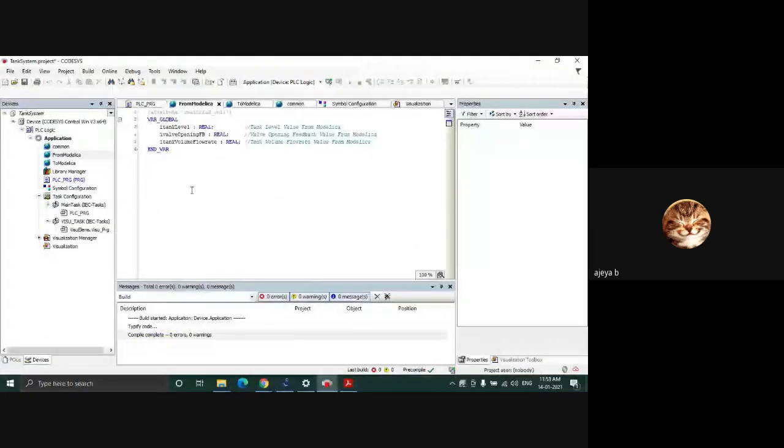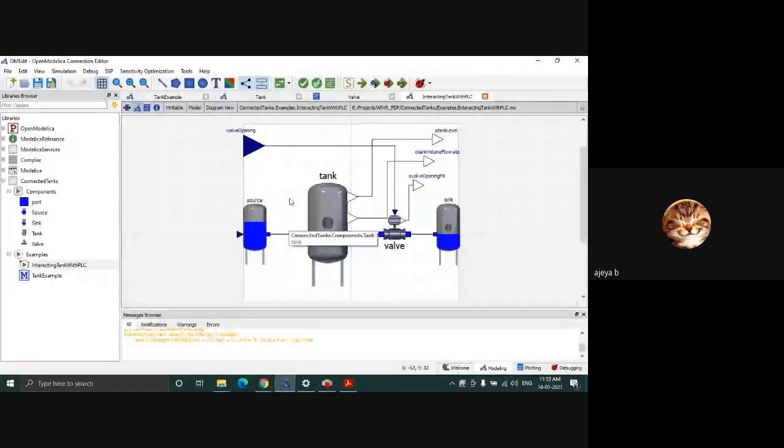I explained that the variable names should be given such that they are consistent in both places, and it is clear to the script from which variable to which variable it has to transfer the data, so how to map. That's where we put I and O as the first character of the variable name, so that the script can map it easily: which is input and which is output for the corresponding software.